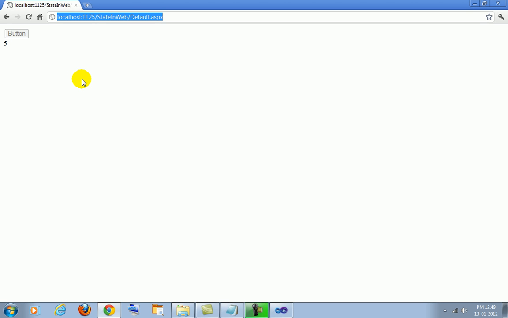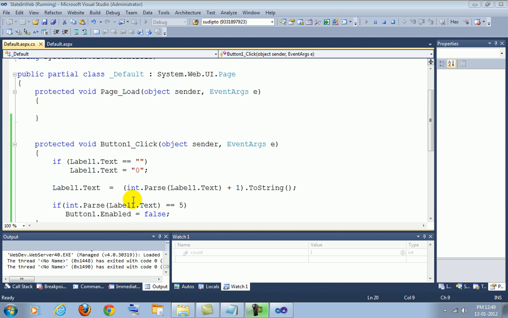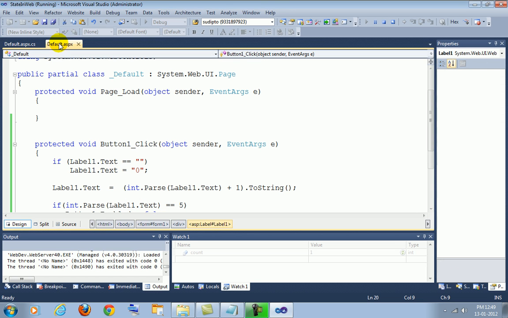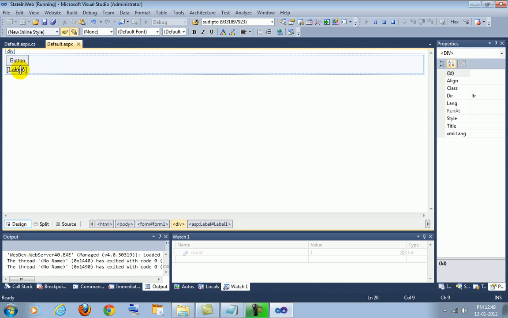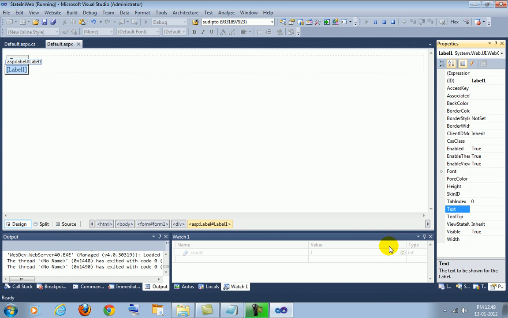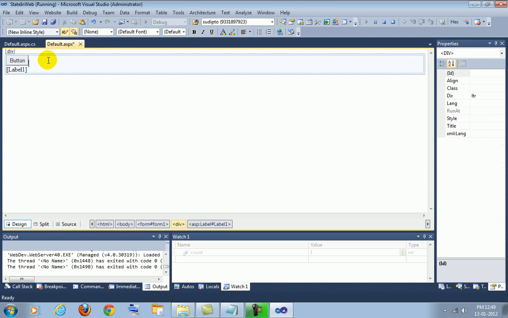The basic client server protocol, the basic HTML part should be clear to you. That's fine. You see that what we are doing is that we are taking the help of the label to store the data. Now what you can argue is that if you don't want this label to be visible, just make it invisible. If I make it from visible true to visible false, then it will not be visible to the user itself, but the data is maintained internally, and the data can be read directly by the